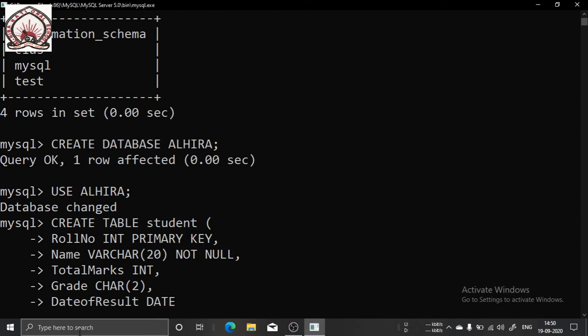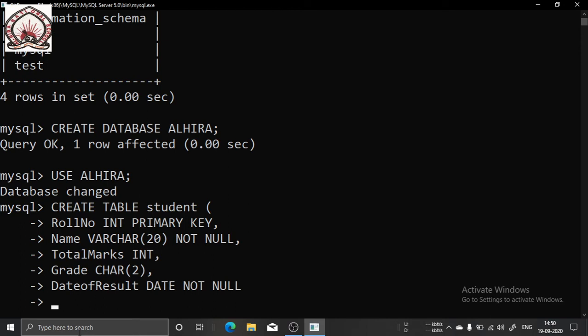Size doesn't come with date and time, and the constraint is not null. So I will not give a comma because here my table ends, so I will just press enter. As I have given an opening bracket, I am just closing the bracket and giving a semicolon.